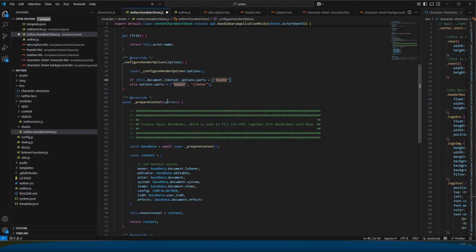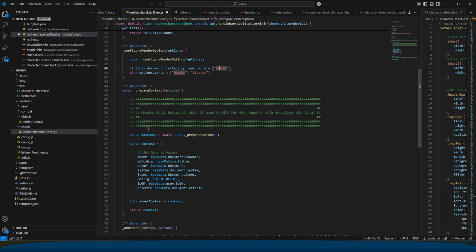Next, prepare context. That's something that is always there and was there in the past as well. We override that as well. What we are doing here is basically generating the general data model that is used behind our sheet. Why are we overwriting it? Because I like to have my own kind of structure and want to add separate data that is just defined or calculated when loading a sheet. So what we are doing here is we have base data, and for that we just grab the super of prepare context. So the normal prepared context, which is all the data that's coming from the actor class, and then